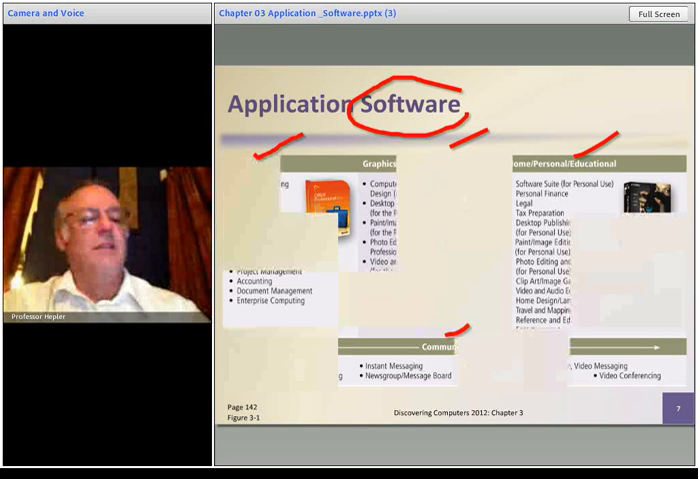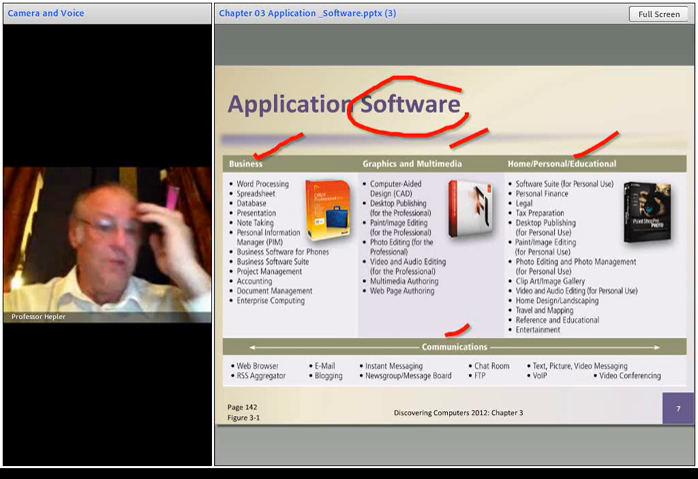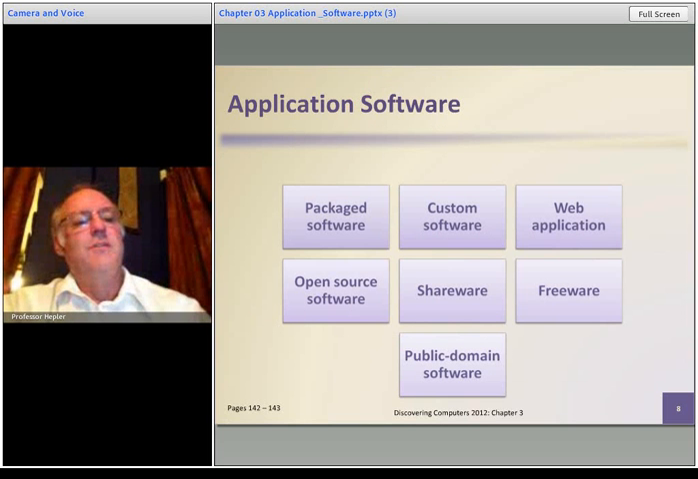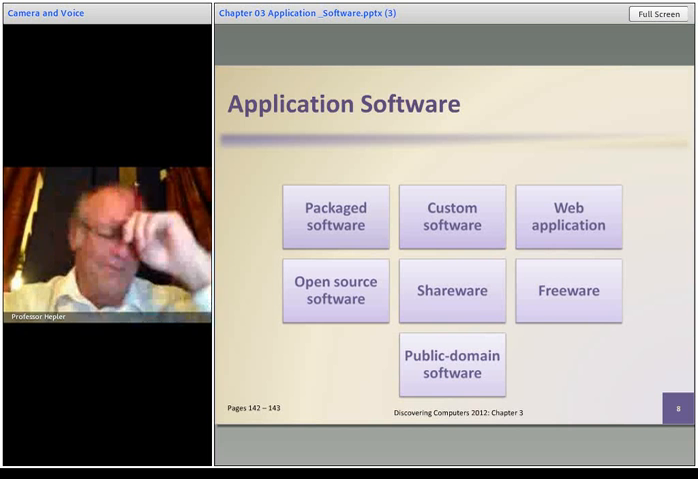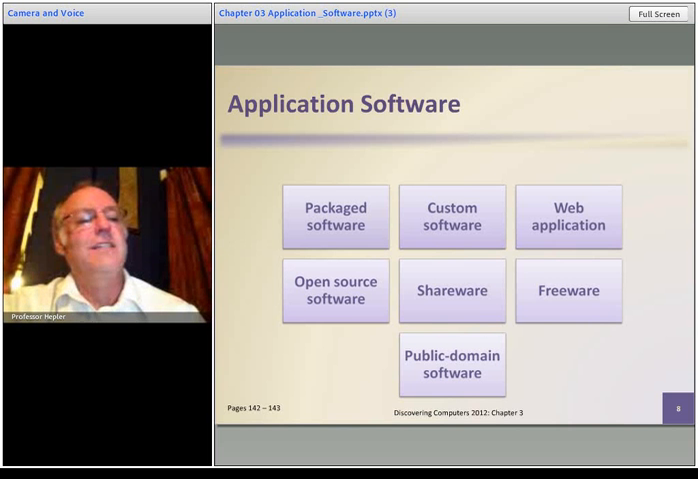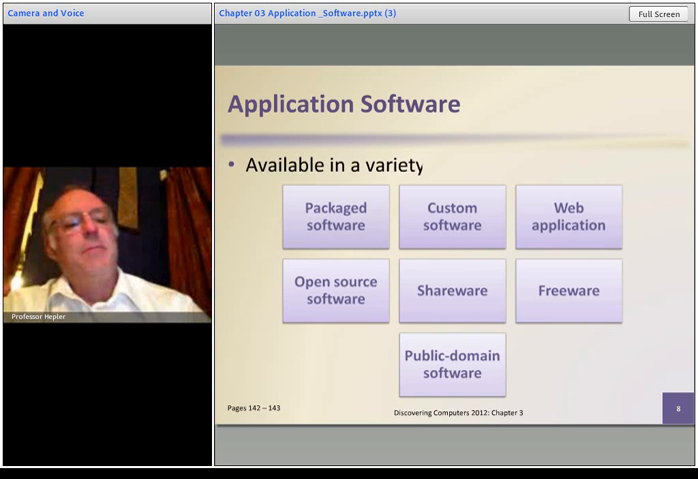And here's a list of them, and you've seen all this before. This is one of the glitches I've noticed with this conversion process. What Adobe Connect does is convert the PowerPoint to Flash, and there's always a few glitches. So application software,